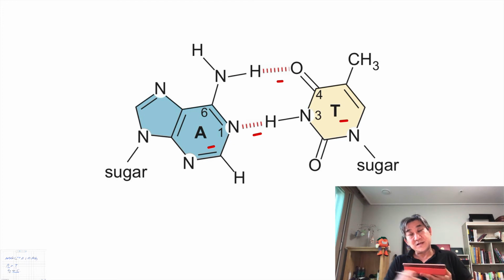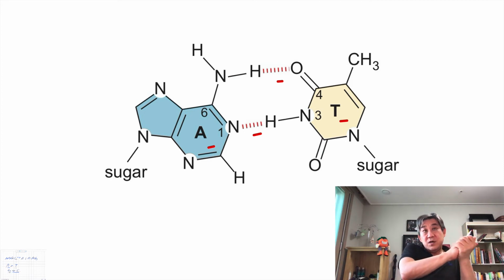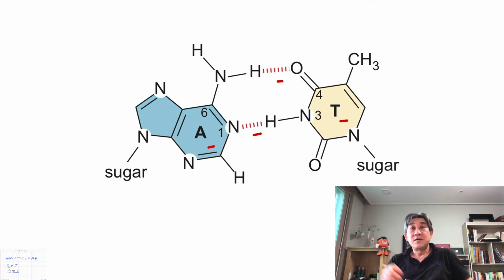So you can think of this particular relationship like your electrical plug, which is different between Korea and the United States. In the United States, it is a two-hole plug, whereas in Korea, it is a three-hole plug. If you carry your electrical device to the other area, it won't fit. So that's why this specific relationship always exists, and we call that complementary base pairing.